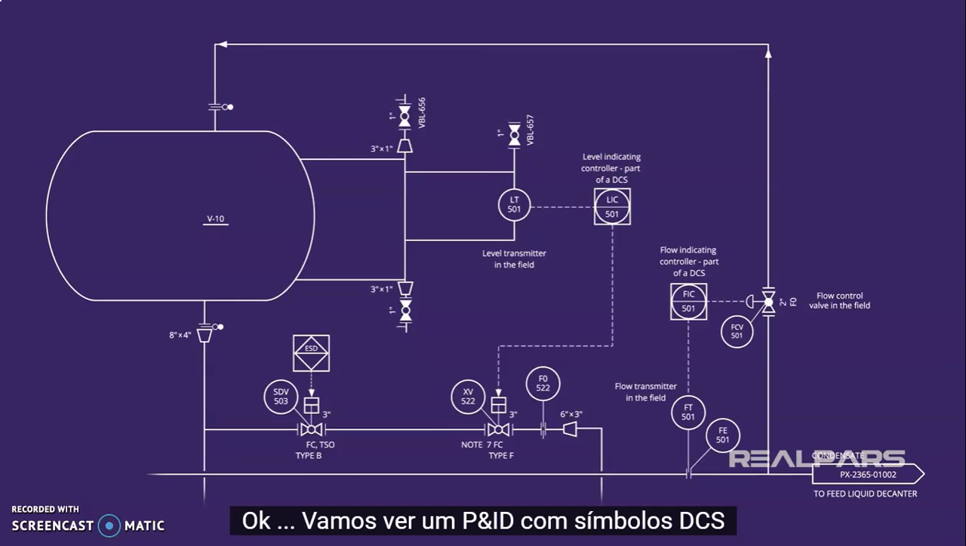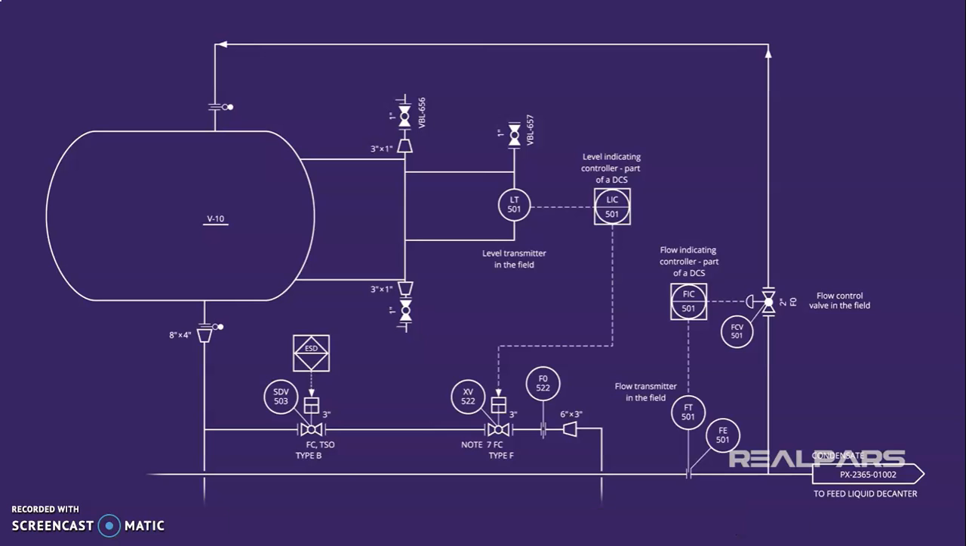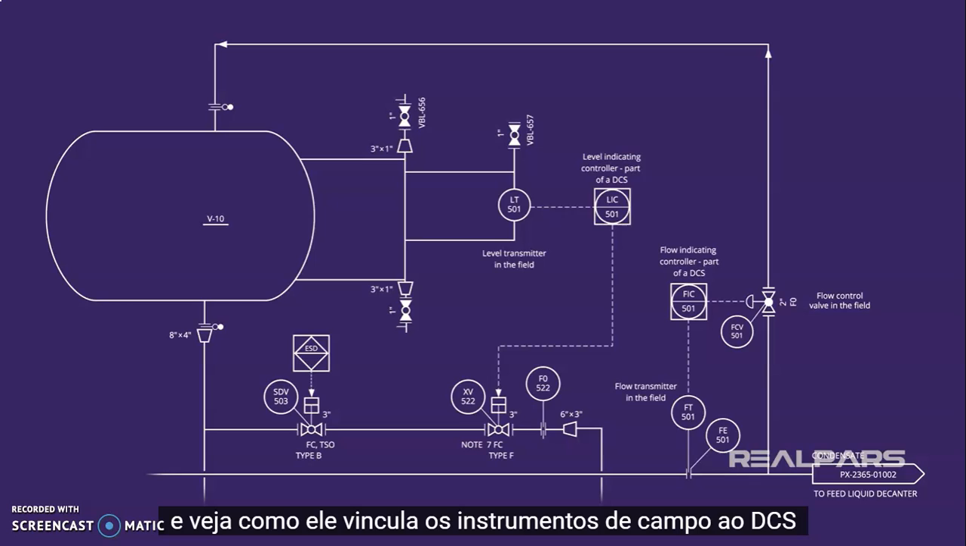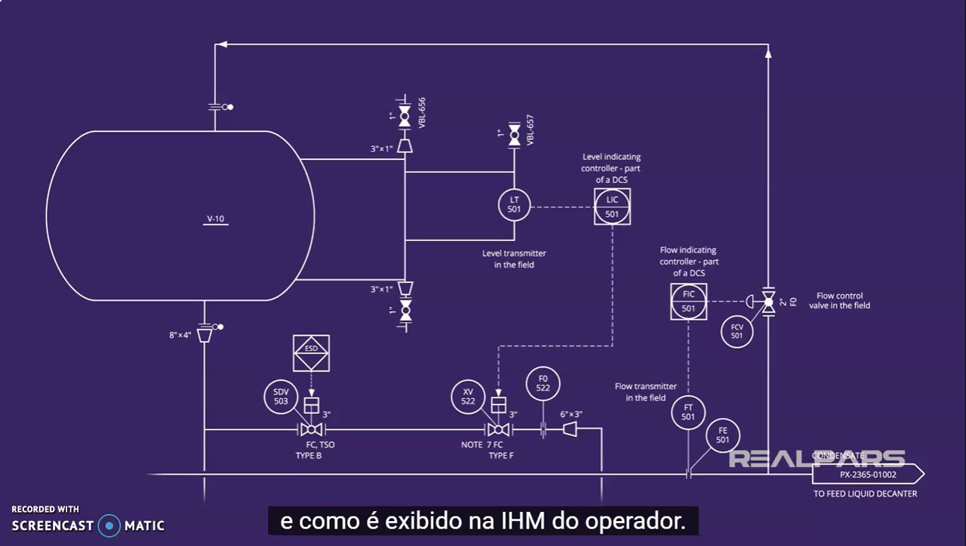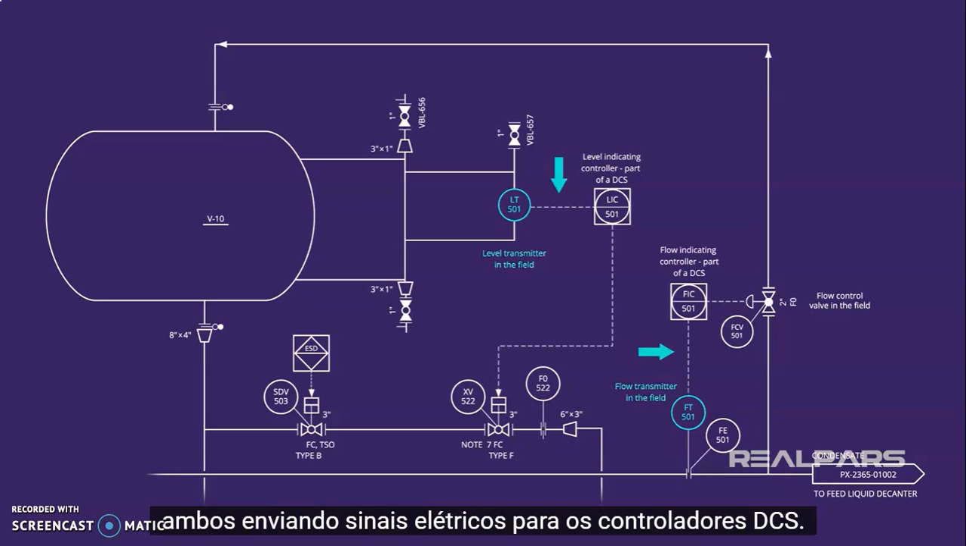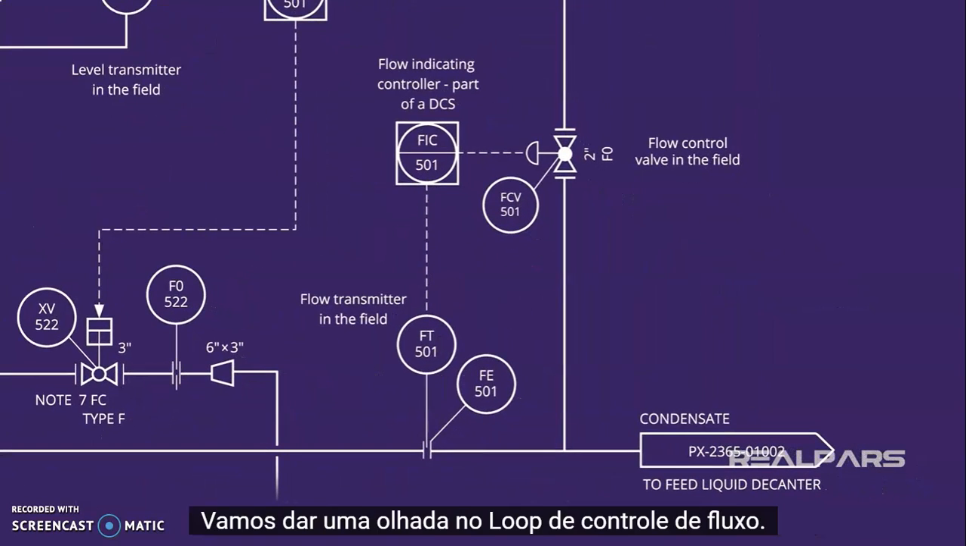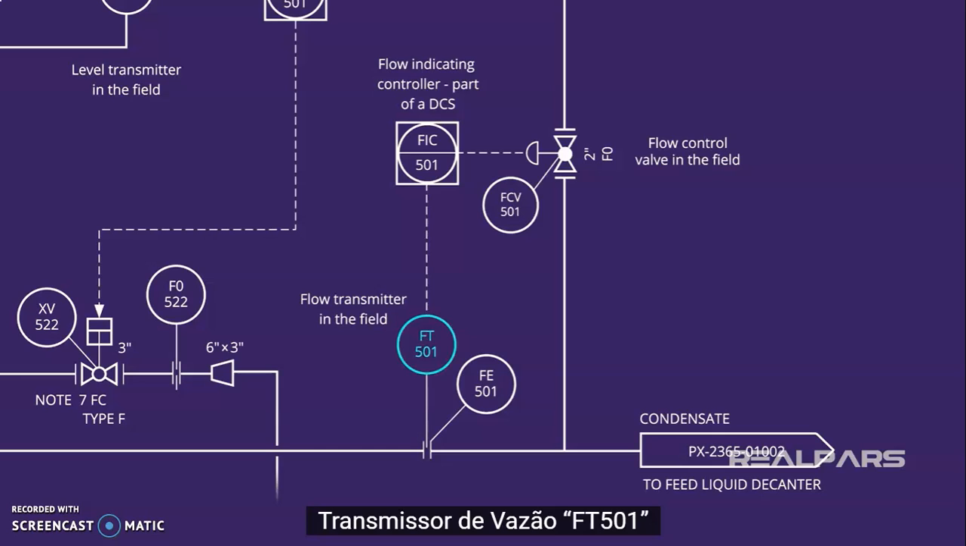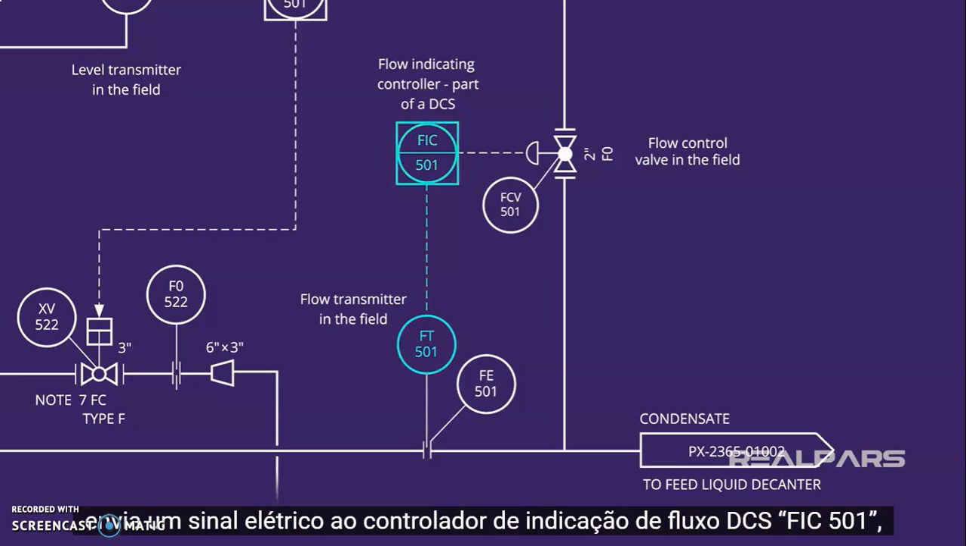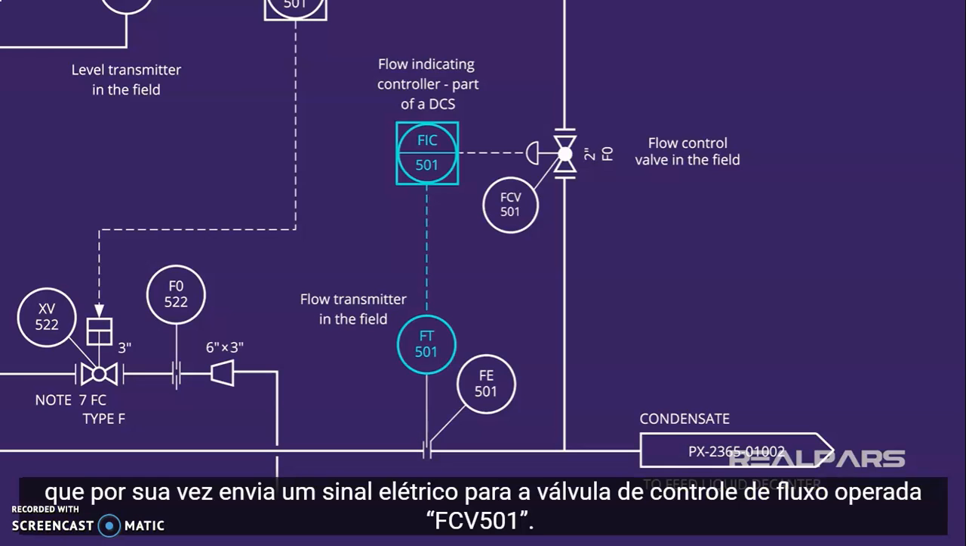Okay, let's look at a P&ID with DCS symbols and see how it links field instruments with the DCS and how it's displayed on the operator HMI. LT501 and FT501 are two field instruments, both sending electrical signals to DCS controllers. Let's take a closer look at the flow control loop. Flow transmitter FT501 sends an electrical signal to the DCS flow indicating controller FIC501, which in turn sends an electrical signal to the operated flow control valve